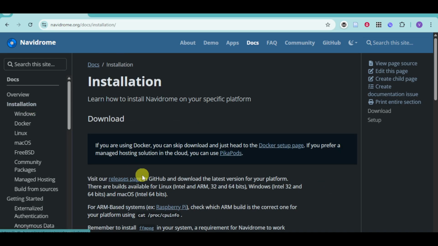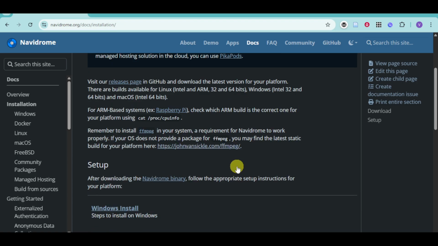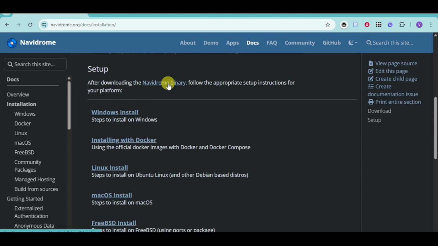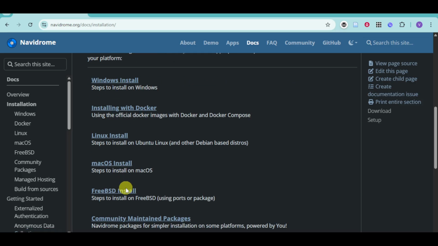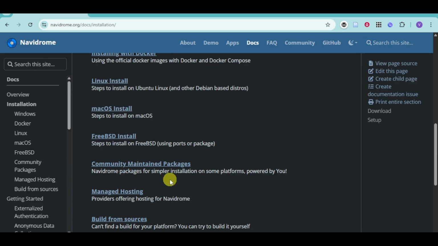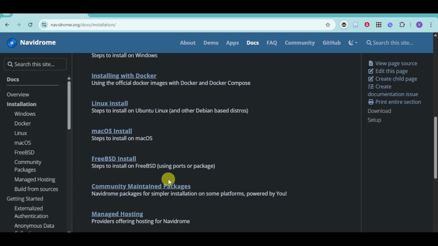To install this, you first need to download it on the Docker setup page and then set it up using the Navidrome binary. You can install on Windows, or you can also install with Docker, also Linux, macOS, FreeBSD, and you can also install using other options. Once you have successfully downloaded the installer, just head over and install it and you should be able to use